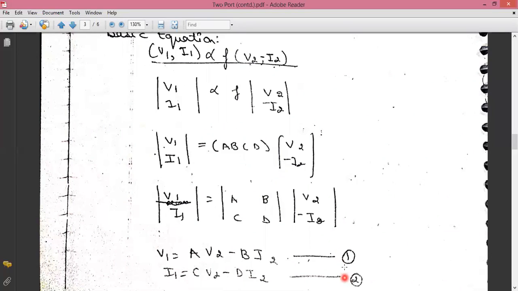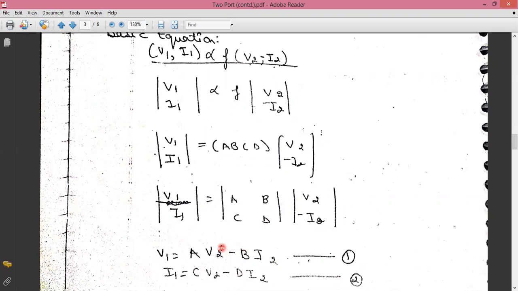You are getting the two equations, that is equation number 1 and equation number 2, isn't it? Yes, sir. Okay, now you can see on these equations, on the extreme right hand side, what are the input signals and what is the output signal. So here you can see V2 is your one signal and I2 is your another signal. Clear? Because A, B, C, D are the parameters. Only you have to take the signal, and I had already told you in my previous lecture that voltages and currents are the signals.